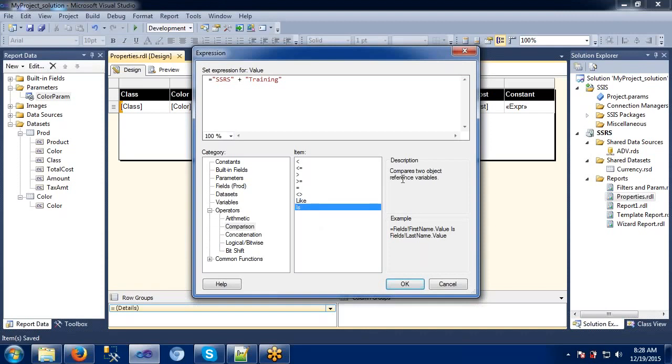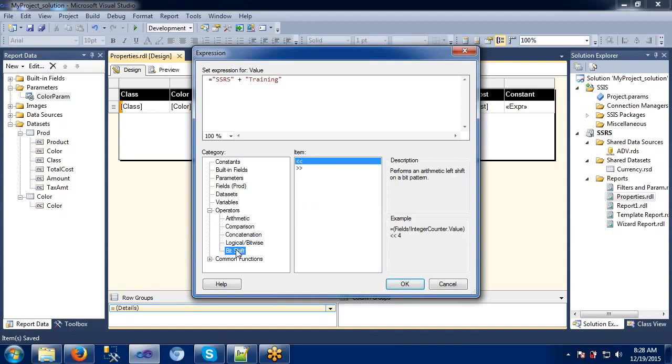Like comparing the two objects with the reference variable. The same thing: is the first value available in the second value or not? So like that we can check with the is operator. Next one is concatenation. Just now we have seen how to use this one, adding two numbers or two strings, right? The & operator we have seen, generating the two strings concatenated. Means if you want to add two fields, the same way we are using this one.